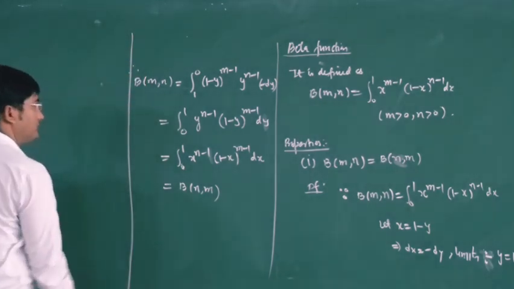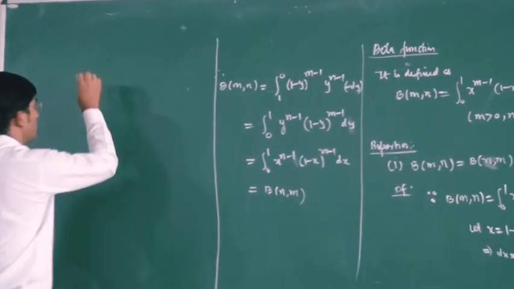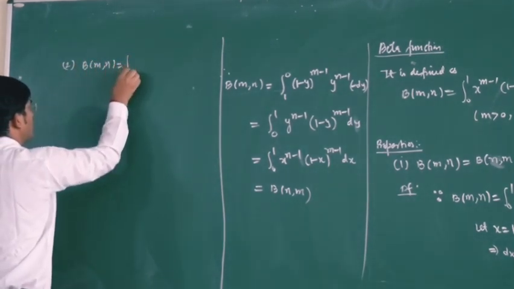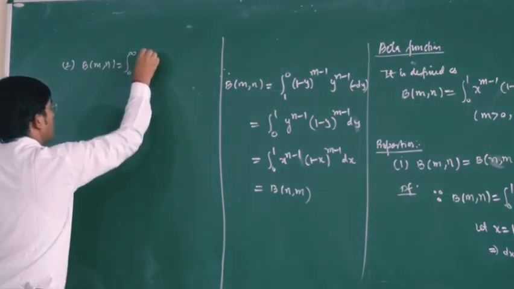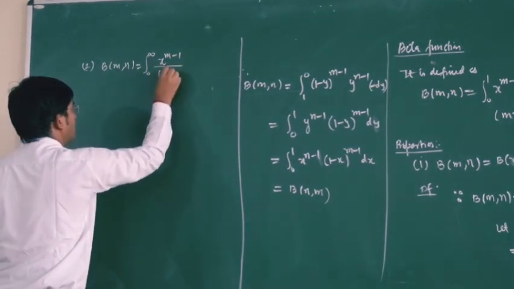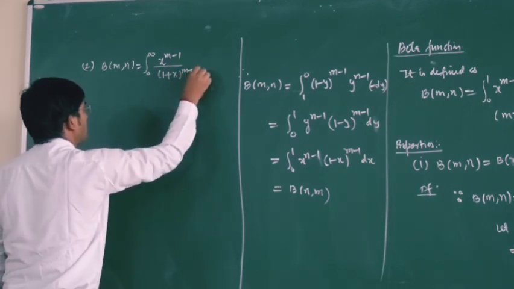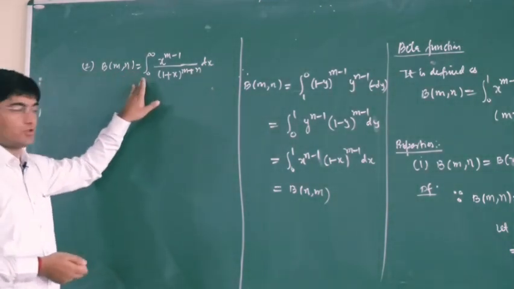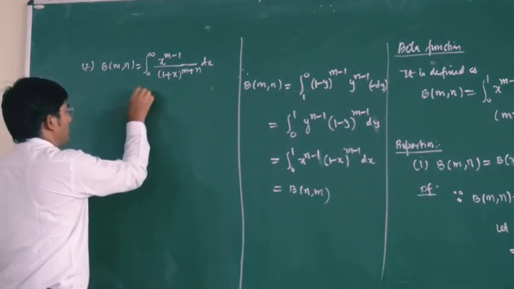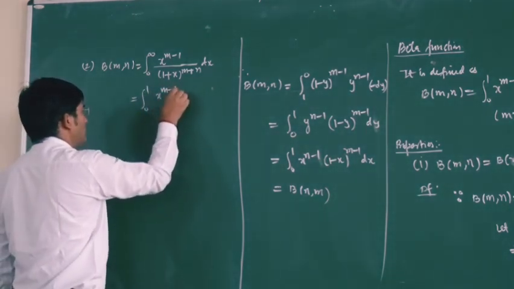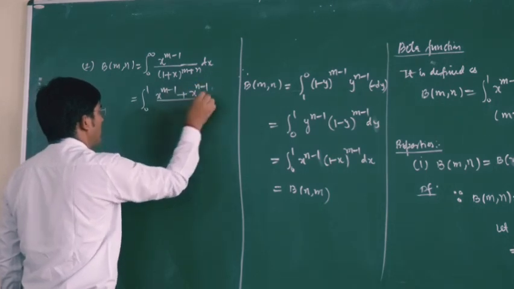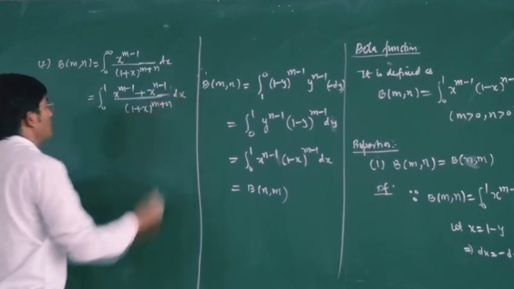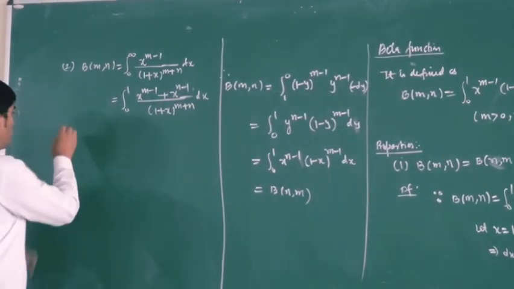Then we have property number 2, which says that beta mn is equal to integral 0 to infinity x power m minus 1 upon (1 plus x) power m plus n dx. So this is the second property of the beta function. And we can also write this as integral 0 to infinity of (x power m minus 1 plus x power n minus 1) divided by (1 plus x) power m plus n. So again this is another result. So proof: